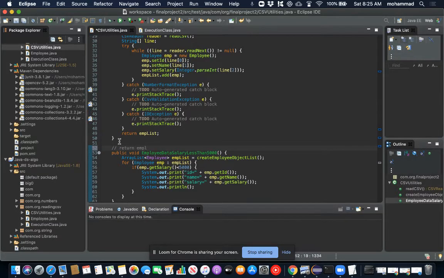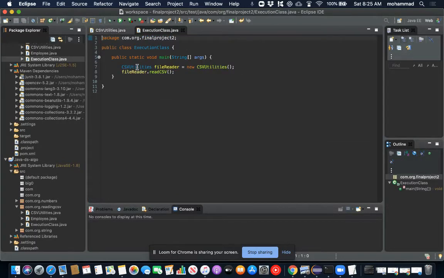Return employees data. Print employees data whose salary is less than 5,000. Now go to the execution class and you see, because I used refactor, it is already done.